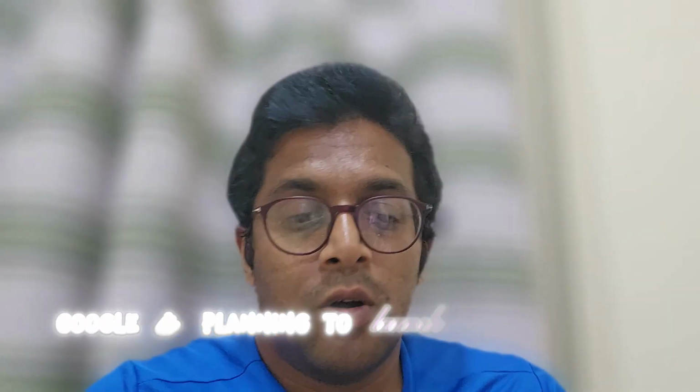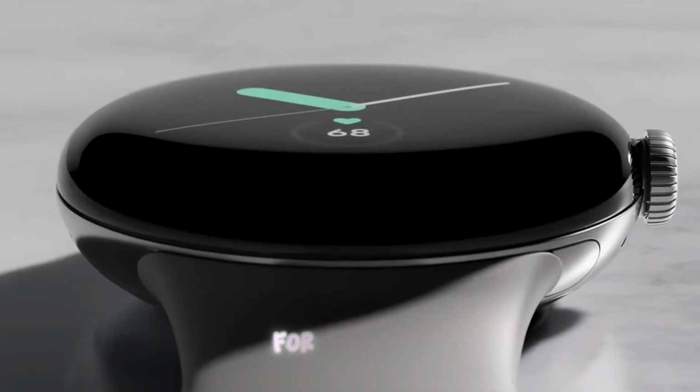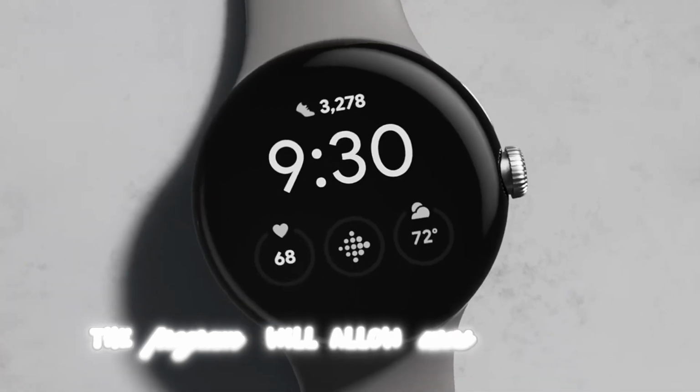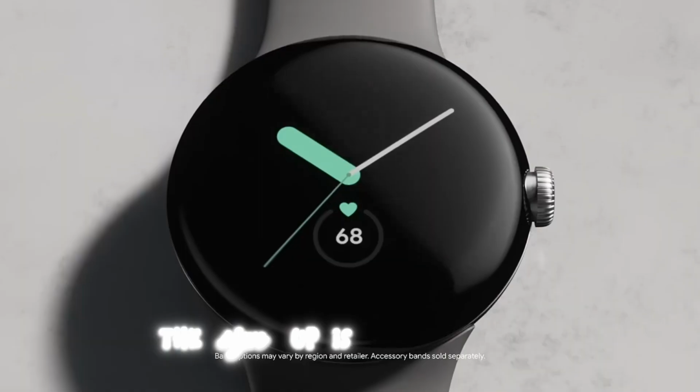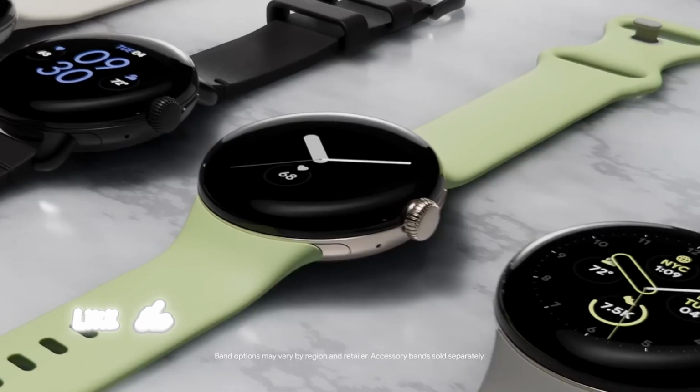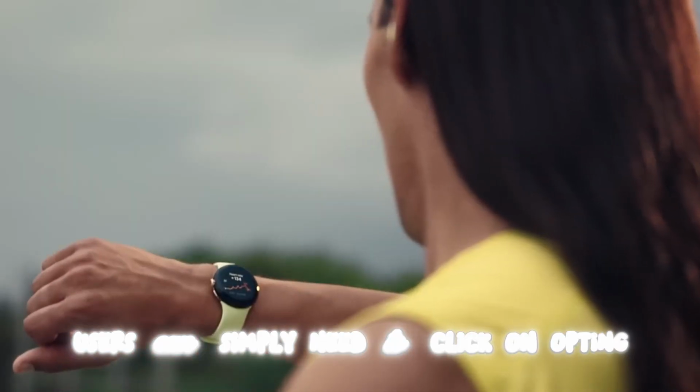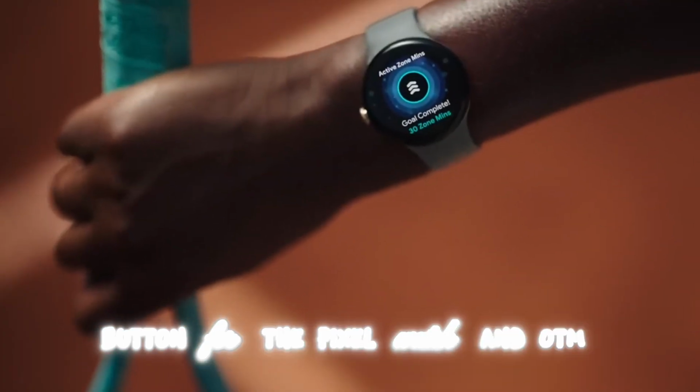Google is planning to launch a new beta program for its Wear OS, that is for the Pixel Watch. The program will allow users to test an early version of Wear OS 4 on their Pixel Watches. The sign-up is similar to the one they have for the Android beta program. Users simply need to click on the opt-in button for the Pixel Watch and the OTA update will be downloaded